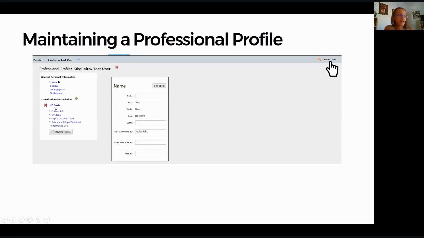One thing I want to say is if you're editing somebody's profile or your own, never take that off, because that's going to take them away from UC Davis, right? If their department's wrong or something like that, I'm going to show you how to correct it. But you never want to actually delete that institutional association. They need to have that. So from here,